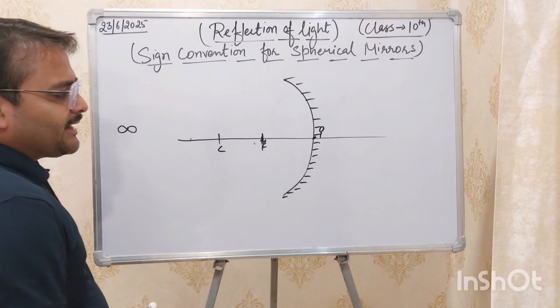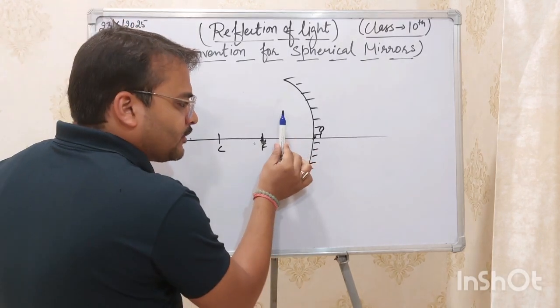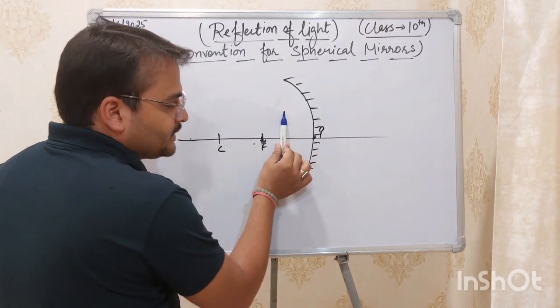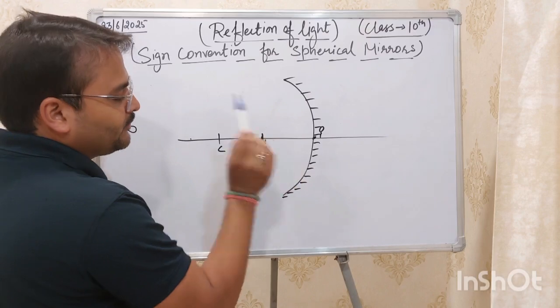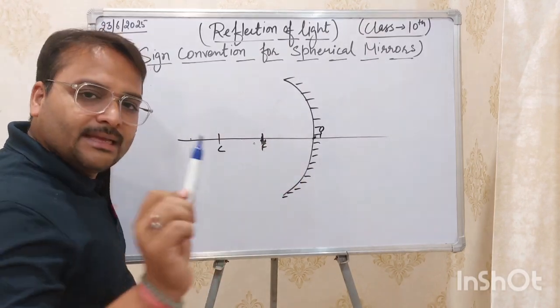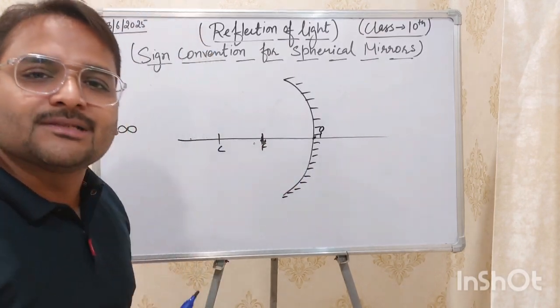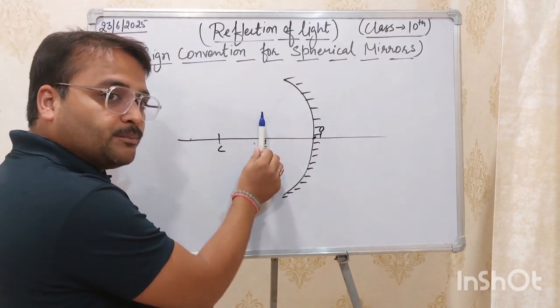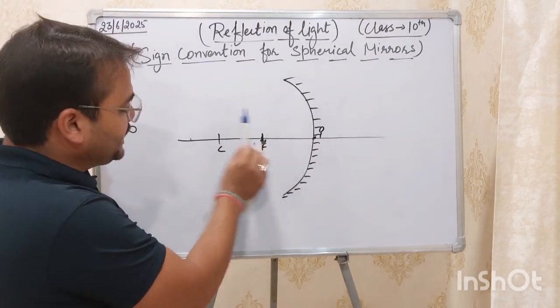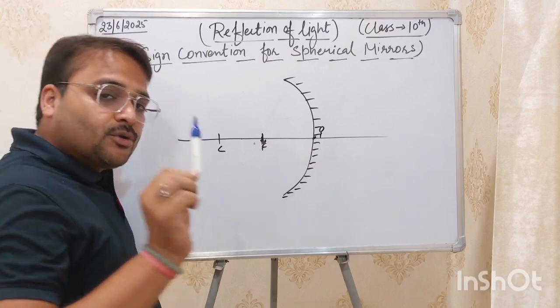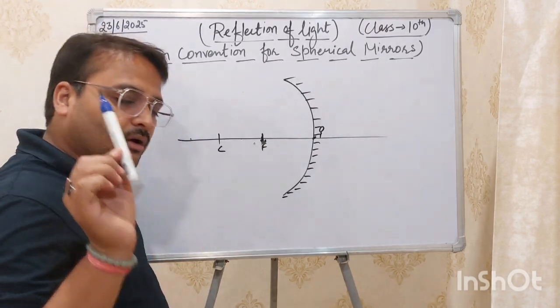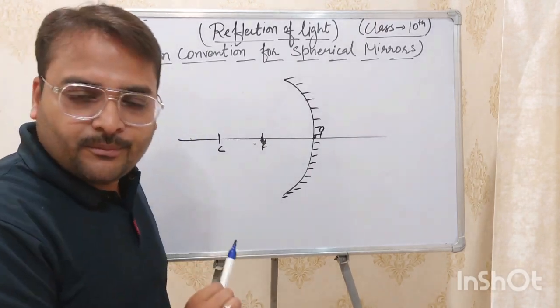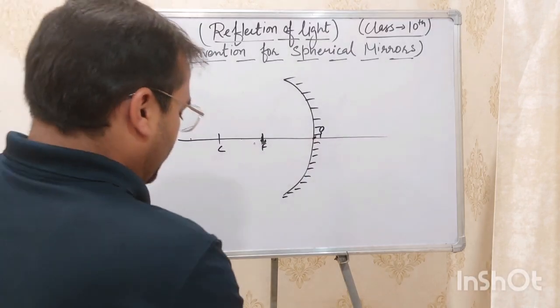Just one simple thing I am going to tell you here: whenever we are placing the object between the pole and focus, only in this case the virtual image is going to be formed. And whenever we are keeping the object from the focus till infinity, in the other 5 cases, then always a real image is going to be formed. Okay. So now,